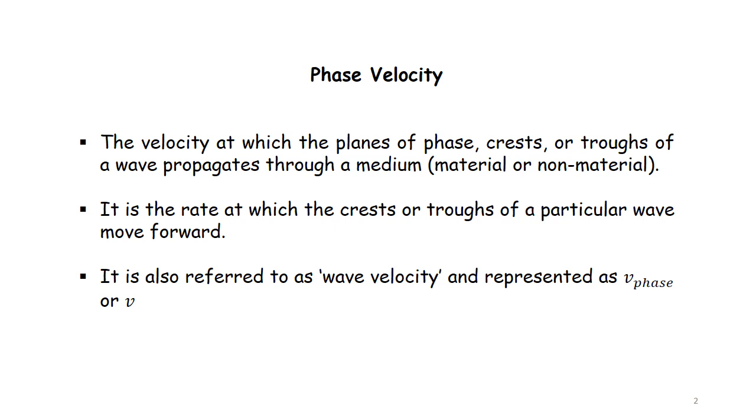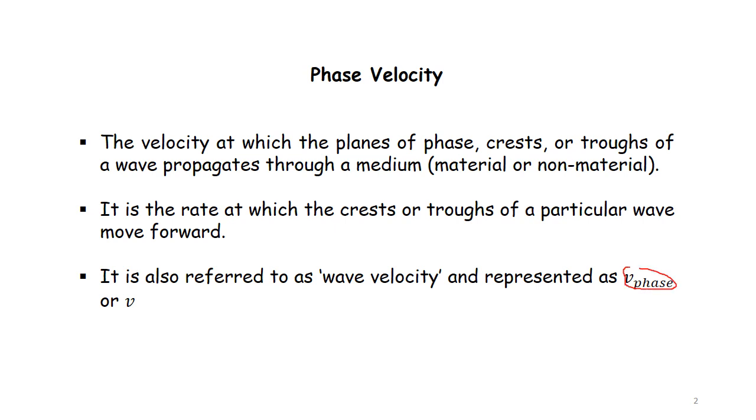So what I've been dealing with before now, which we call wave speed or wave velocity, can also be referred to as the phase velocity. Please note that. It is represented as v subscript phase,